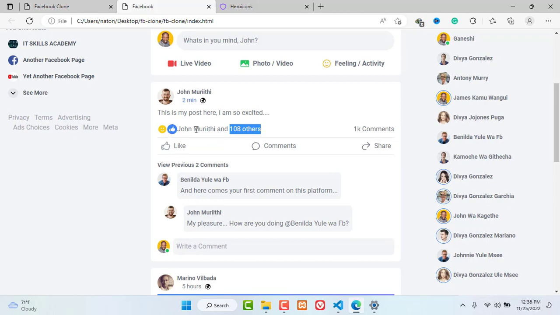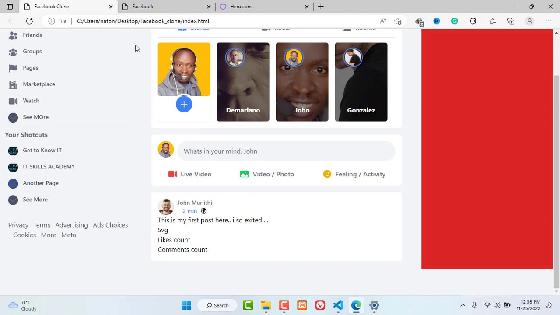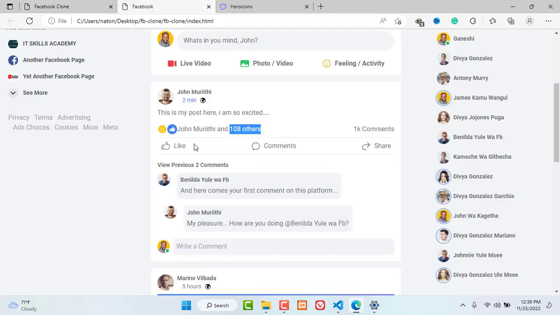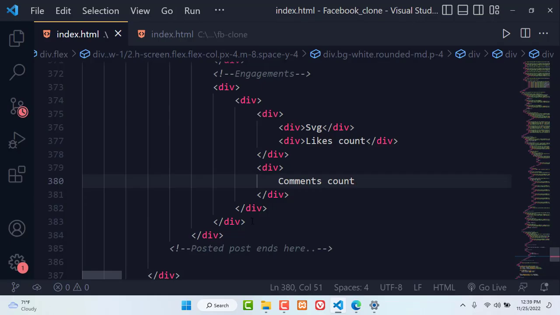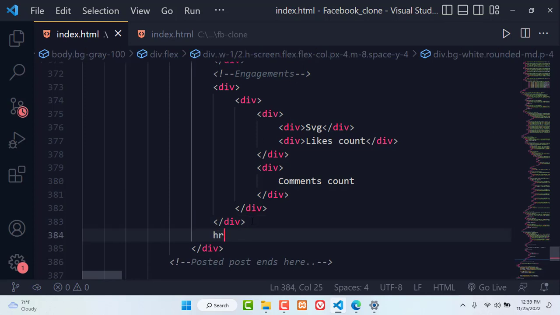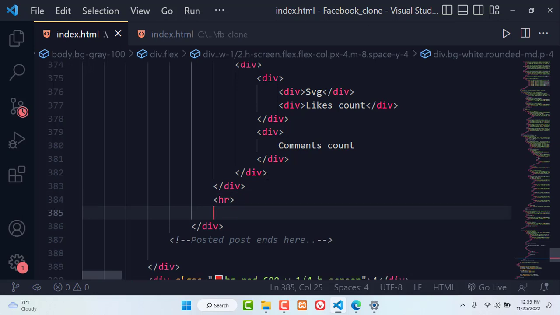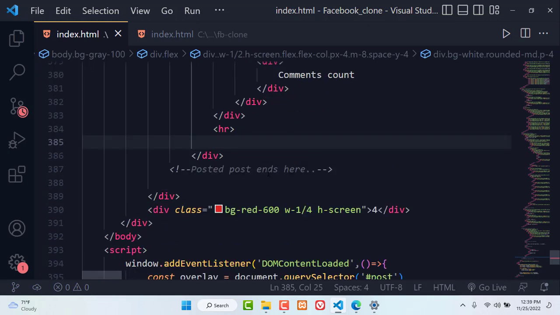So we are now just going to style this so that now we have it looking like this. But just before that, we can also maybe create these ones here so that we can style them together. So just below here, first of all, I'm just going to have a line. So I'm going to talk about HR. And now just below that line, we are going now to have the containers that is going to house those specific components there. So a div,